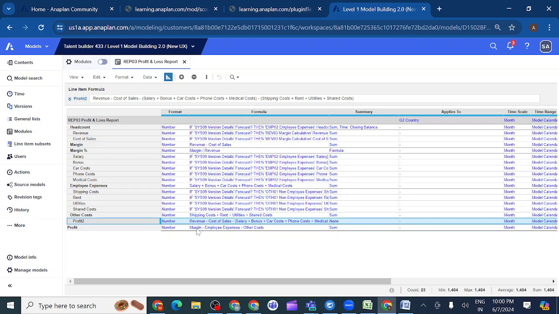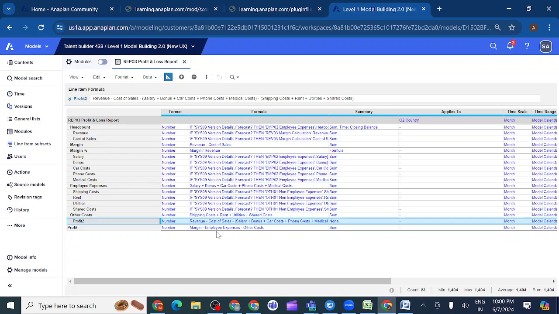So how this complex formula became simple is by adding this. You can see revenue minus cost of sales is nothing but the margin. To know margin, I have created margin equal to revenue minus cost. Simply I have split these two line items and inserted them into margin. Then I have used margin here.